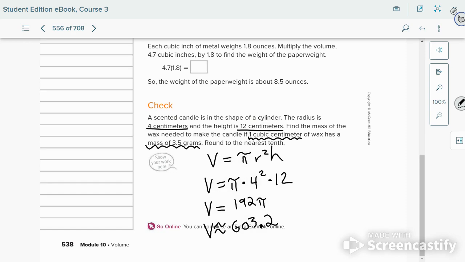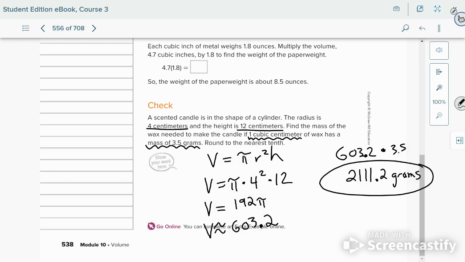Now we're going to multiply by pi to get the approximation, which comes to volume is approximately 603.2. That's how many cubic centimeters are in this awfully large candle. And we're going to multiply that by how many grams of mass are in each cubic unit. So that's times 3.5. And we get 2,111.2, and we're going to call that grams. All right, so approximately that's how much mass